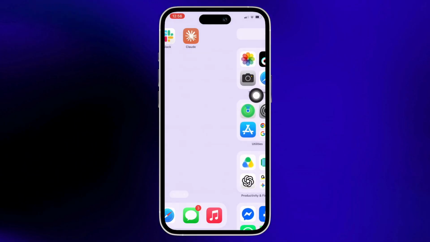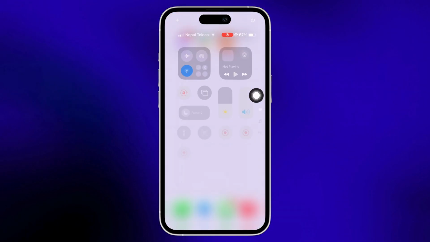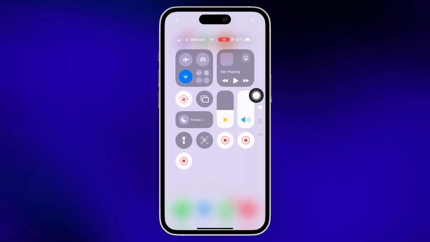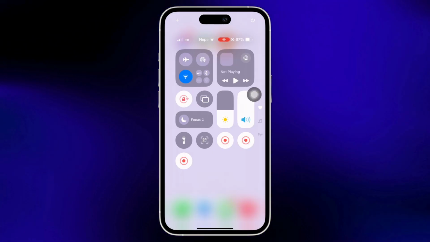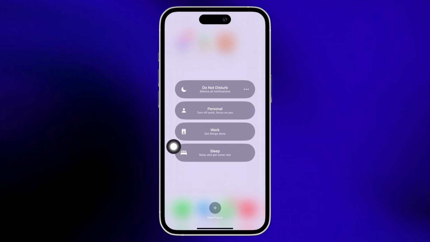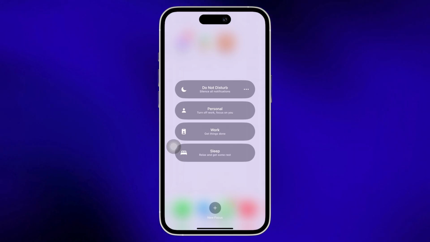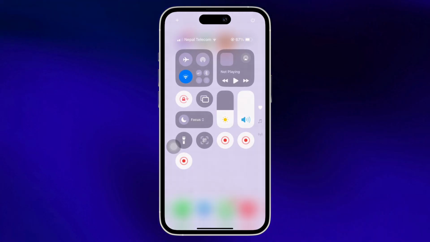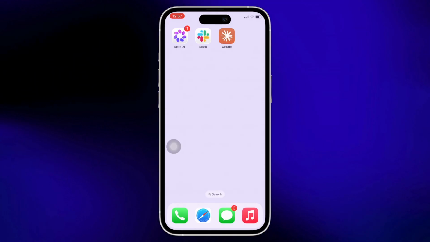And if that does not help you in fixing your issue too, then you can simply swipe down from the top right of your screen again and you will be led to the control center. Here, go ahead and turn off focus mode or do not disturb modes from your iPhone and then test notifications